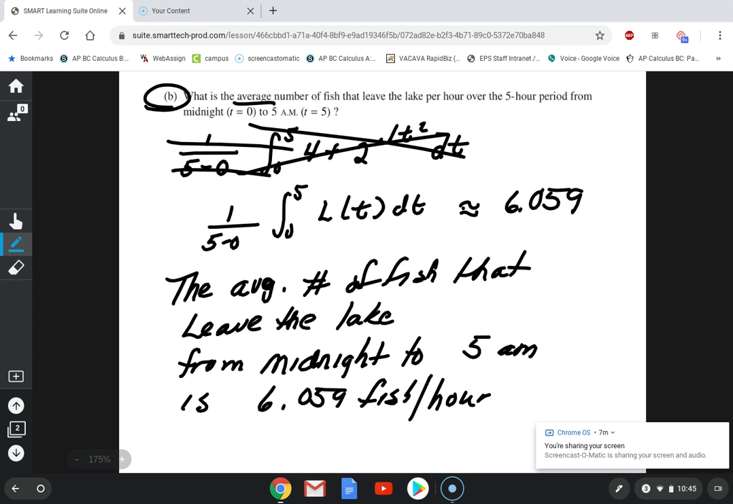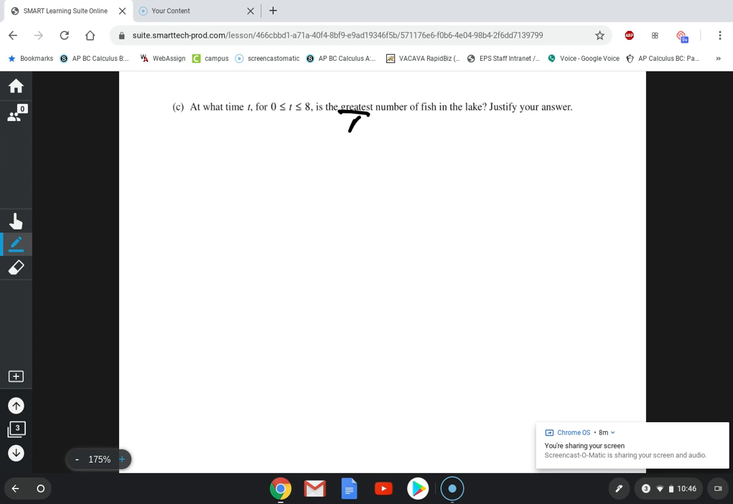All right, continuing on with part C: at what time from 0 to 8 is the greatest number of fish in the lake? The key is the greatest number, so you're thinking absolute max. And again, the absolute max occurs at the endpoints or at a critical number. So let's start off by making sure we understand the number of fish in the lake, and I apologize for my handwriting here. The number of fish in the lake